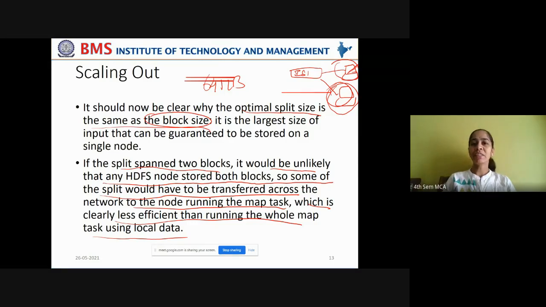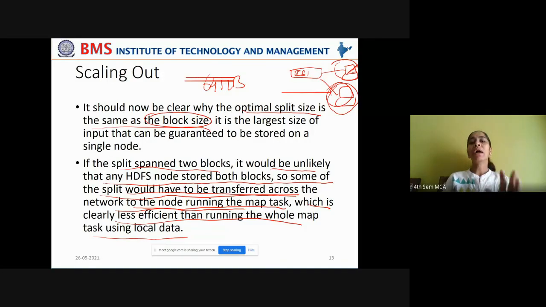data processing task. So what happens in this case? Some of the split would have to be transferred across the network to the node running the map task. So the data transfer should happen at any cost in this case, right? Because you can't manage to execute a map task on one single data node when the blocks of data are spread on two different nodes. So you have to compromise with data transfer.